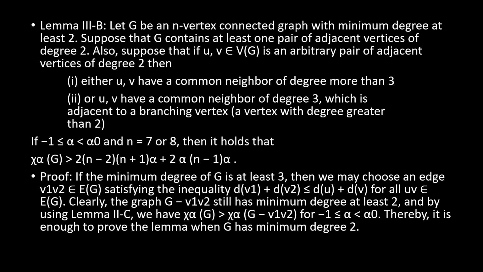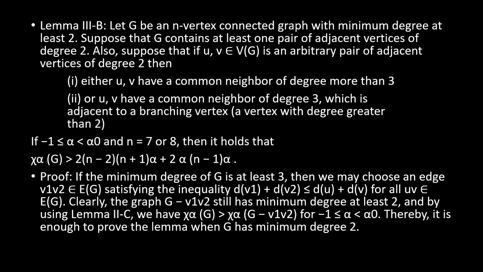Thereby, it is enough to prove the lemma when G has minimum degree 2. So if the minimum degree of G is at least 3, then we may choose an edge v1v2 belongs to E(G), satisfying the inequality d(v1) + d(v2) ≤ d(u) + d(v) for all uv belongs to E(G). Clearly, the graph G − v1v2